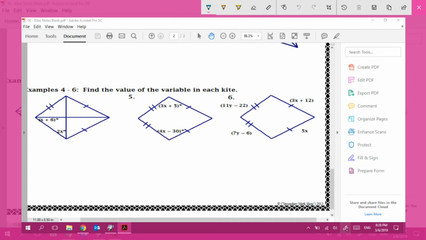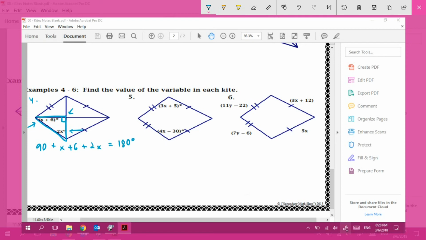Now, take a look at number 4. That's the one on the left, number 4. There's these two angles in there. How am I gonna use these angles to find x? Wow, look at this. That's a triangle. I know this is 90. What do all three angles add up to in a triangle? They add up to 180. So I can do 90, because that's this perpendicular part right there, plus x plus 6, that's my angle over here, plus 2x, that's my angle right here, and all that added together equals